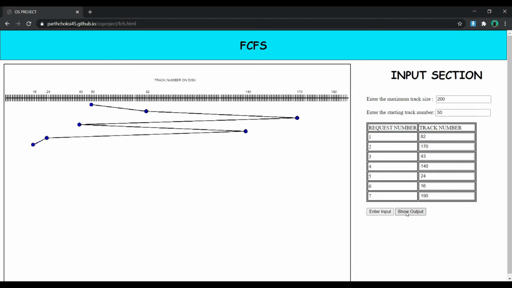And also at last I will try to explain how the graph is plotted and how the total seek time is calculated.